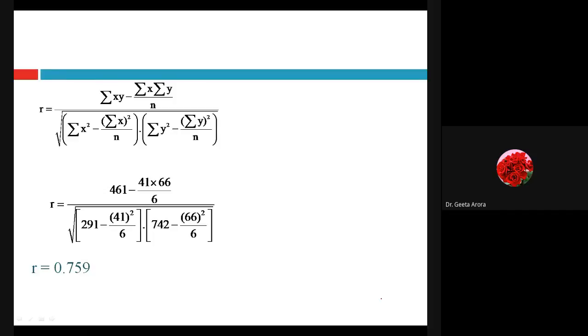When we get a negative sign, the things are negatively correlated. Correct? And based upon the value, what can we say, which type of correlation is there? It is a strong correlation. From 0.75 to 1, it is strong. From the other side, from 0 to 0.25, it's weak, and otherwise it is intermediate. Right? So here we are getting the value 0.759, which indicates a strong direct correlation. You can say direct or positive, it is actually the same thing. Done?